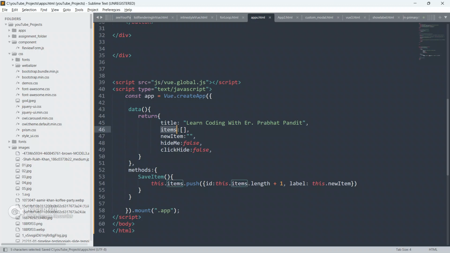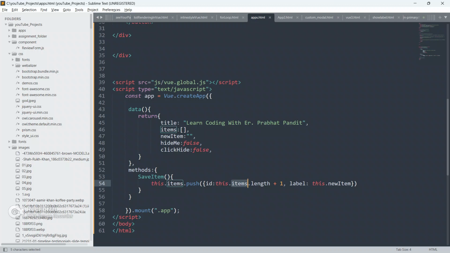So that's why, guys, I am going to put what to put in the array, this.items.push. I am inserting id as this.items.length plus 1, because as you all know array index starts from 0, that's why I have added 1.